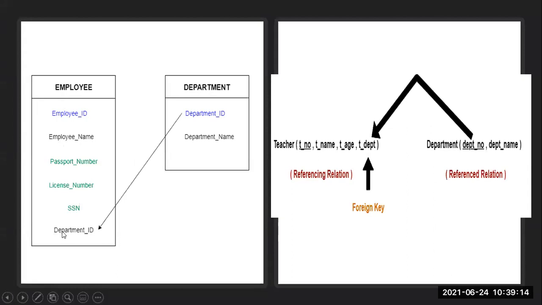Now coming to this point, department ID. This department ID is going to become the foreign key. Why? Because the employee is working in which department? Now take our example: we are working in the BCA department. So the BCA department ID is going to be a foreign key. Why?